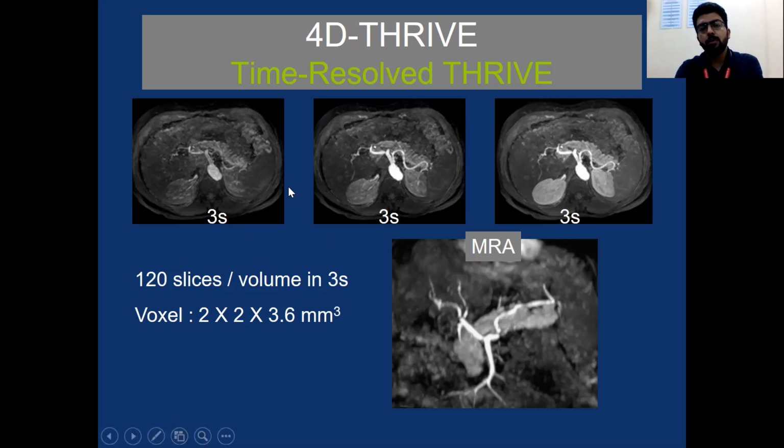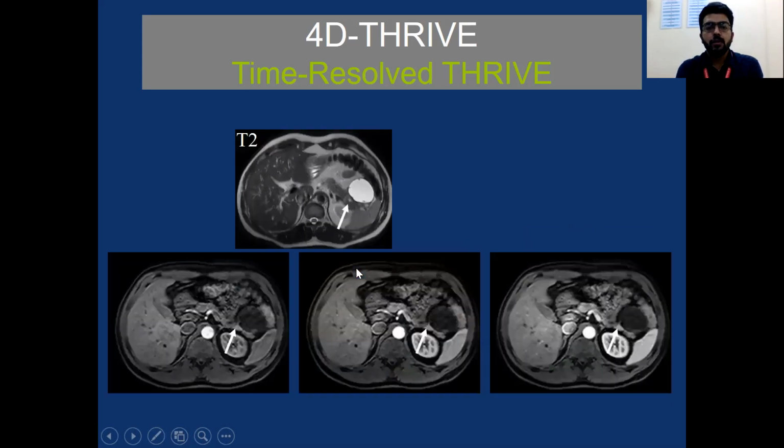So as we progress after three images, we can appreciate how well the kidneys are taking the contrast, how well the pancreas is taking contrast. This is the splenic artery arising from the celiac axis. This is the hepatic. So this is the case wherein we can see T2 weighted imaging, wherein we can see a cyst at the pancreatic tail. As this is a fat suppressed case, we can see the pseudopancreatic cyst that we can appreciate in this.